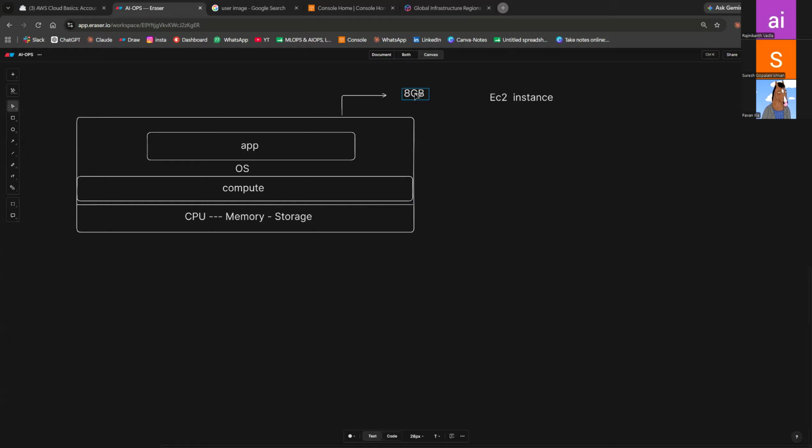For example, take 8 GB like your mobile. In your mobile you are running multiple applications: Instagram, WhatsApp, maybe gaming applications, many applications.